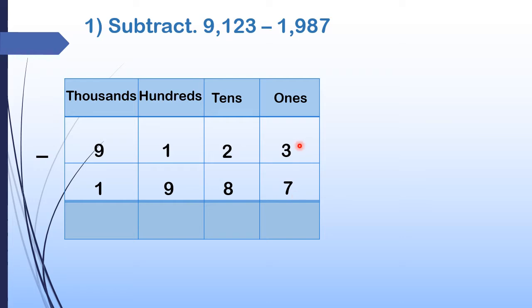Can we subtract 7 from 3? Just imagine you have 3 chocolates, but you want to eat 7 chocolates. Is this possible? You have only 3 chocolates, but you want to eat 7 chocolates. Is this possible? It is possible, but you have to do something, isn't it? You have to go to the shop and get some more chocolates. The same way, here also it is possible to subtract, but you have to borrow from the previous number.